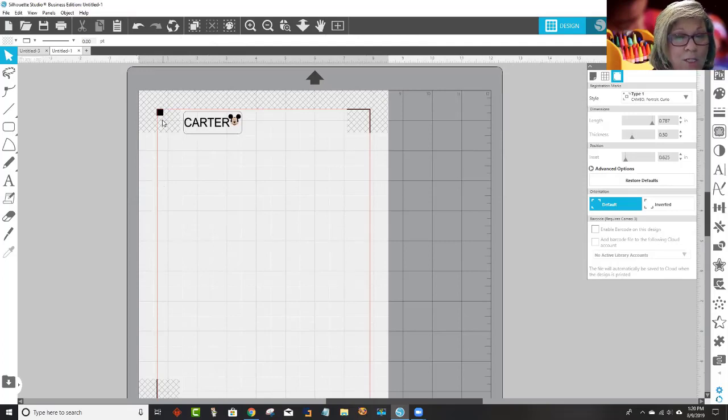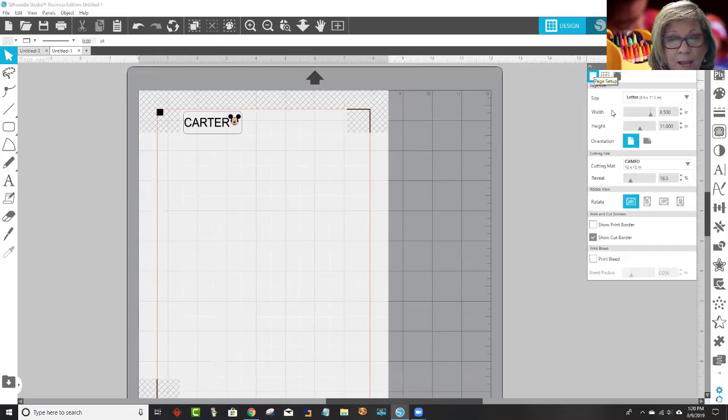If by any chance these red lines don't show up on yours, here's how you turn them on. Just come back to the page setup up here in the upper right hand corner, click on that, and then come down here. Notice I have checked show cut border. If I uncheck that, watch the red lines, they're gone. The border's still there, I just can't see it. So I'm going to show the cut border by having that there, and then I'm careful not to put anything the wee little teeniest bit beyond that